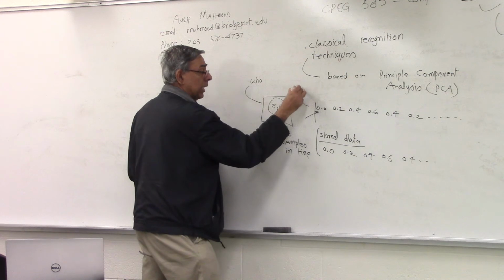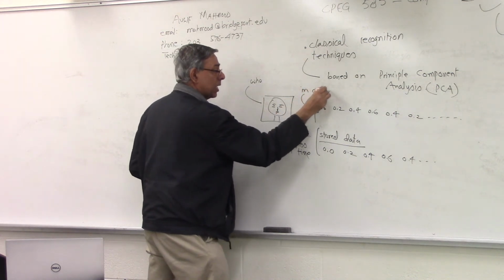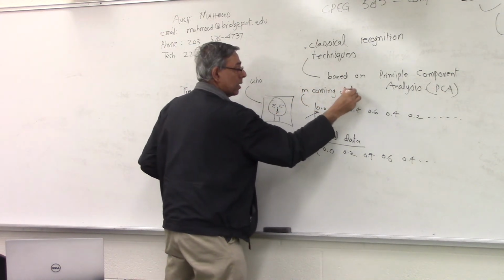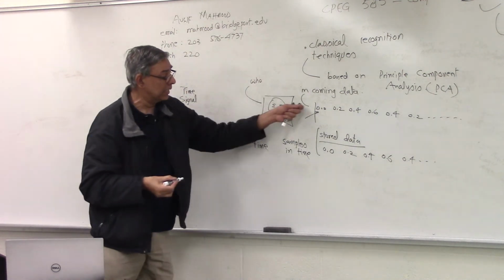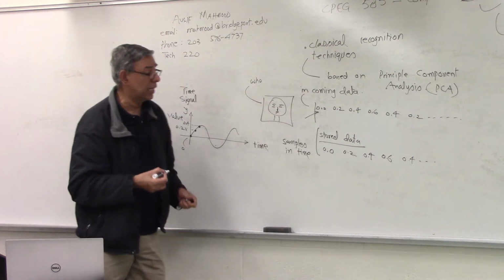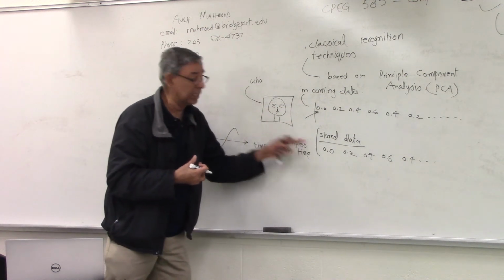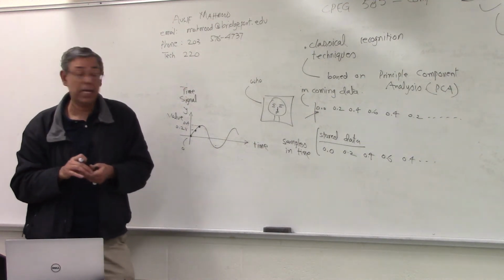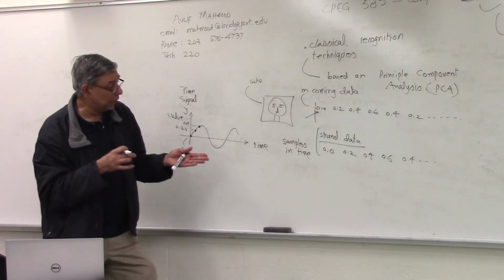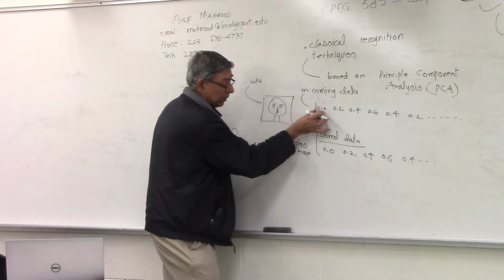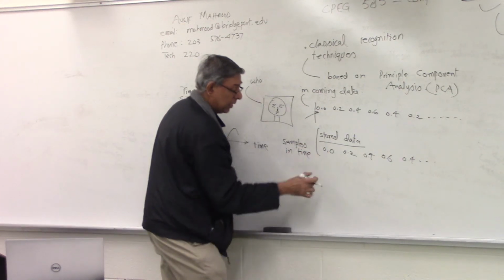So this is our incoming data. If we wanted to know, is it matching our stored data so that we can claim it's a sine wave of this particular type? One way you will do it is, every sample you take, you'll compare it